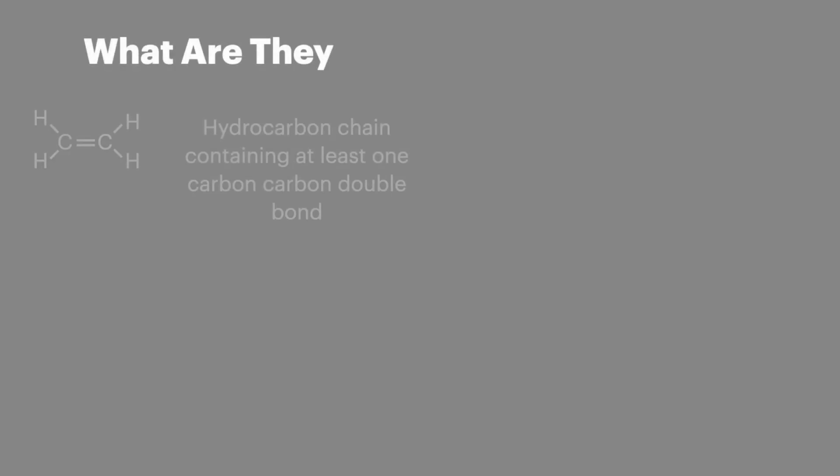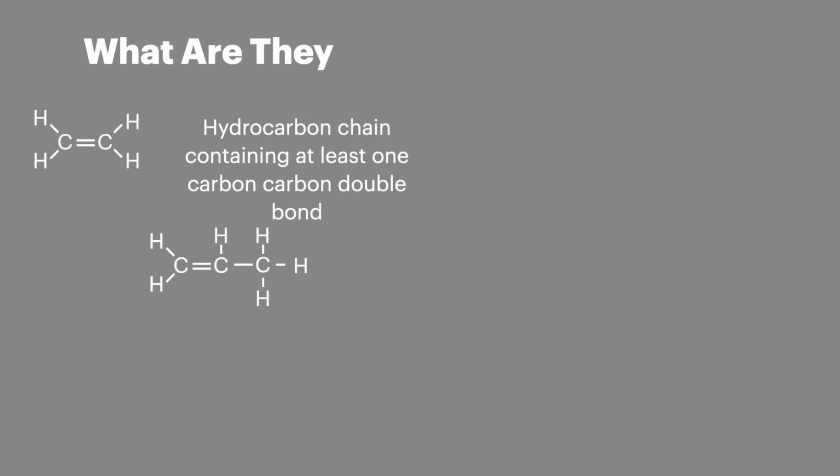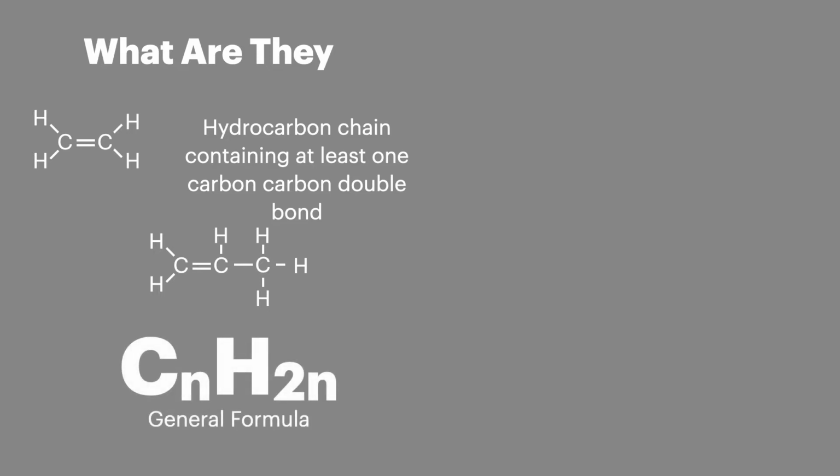Okay, so alkenes are a type of functional group and they're seen as hydrocarbons containing at least one carbon-carbon double bond. It is of course possible to see other functional groups attached to the chain as well, but in this episode we're focused just on the double bond. All alkenes then have a general formula of CnH2n, and this can be particularly useful for quickly identifying an alkene